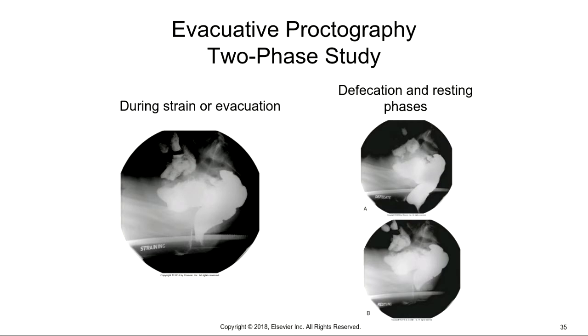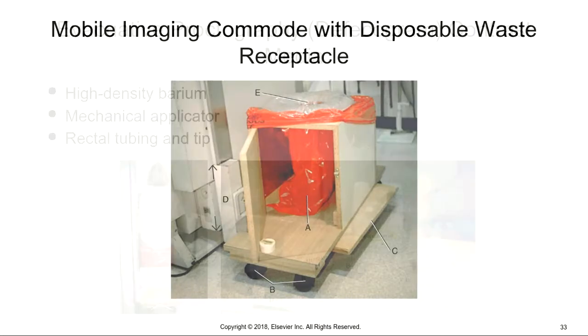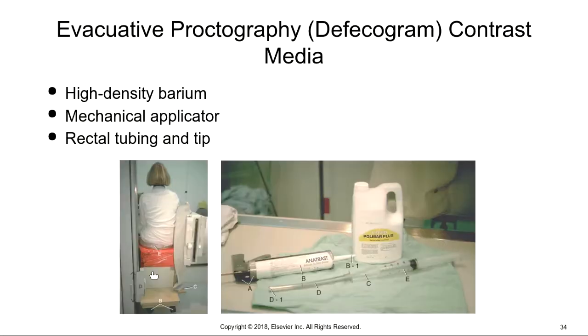So the evacuative proctography, they show you that it's a 2-phase study. So you get images, you pretty much set the patient up. Let me go back. You set the patient up in a lateral position. You give them as much privacy as you can. You and the radiologist are likely all the way at the other end of the room with the monitor turned, and you probably would put some kind of sheet or something on here so the patient is actually blocked